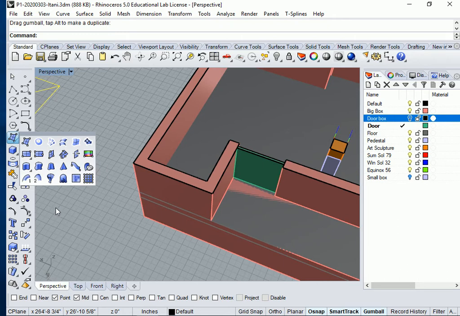So this icon here, and I'm going to walk up to the screen for a second, this surface is just a corner-to-corner surface. It makes a perfect rectangle. This surface is if you're doing a vertical surface. If you're doing a horizontal surface like this, if you want to draw a horizontal surface, you click this guy. This guy, if you want to draw a vertical surface,